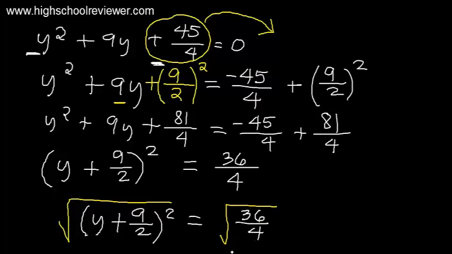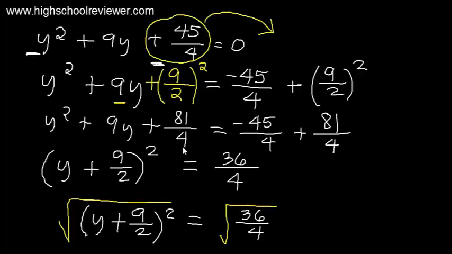So the square root of the quantity y plus 9 over 2 raised to the power of 2 will be equal to y plus 9 over 2. And this will be equal to the square root of 36 over 4. This will be plus minus